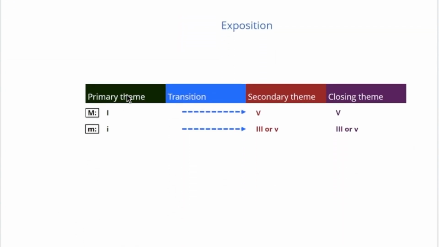Okay, so primary theme, primary area, secondary area. As you can see, now those two areas are connected by what we call a transition. So transition is that linking passage, linking part between the primary key area and the secondary area. And as we said earlier, this is usually harmonically the most interesting part because it's going from